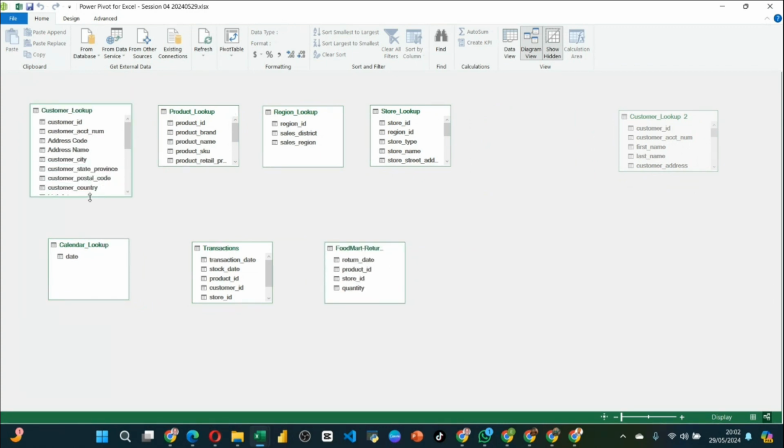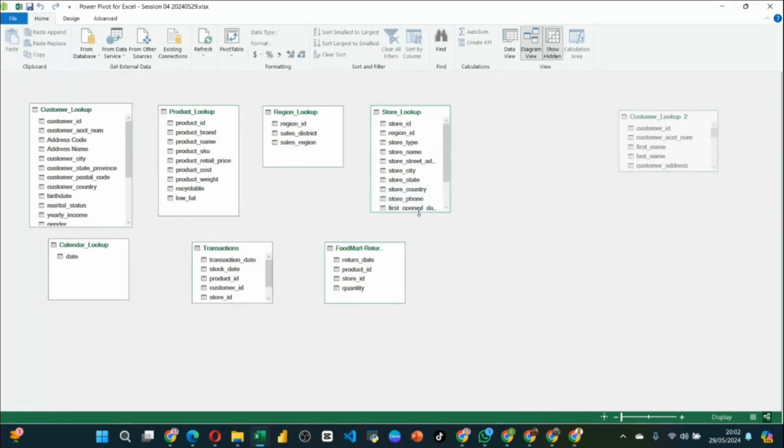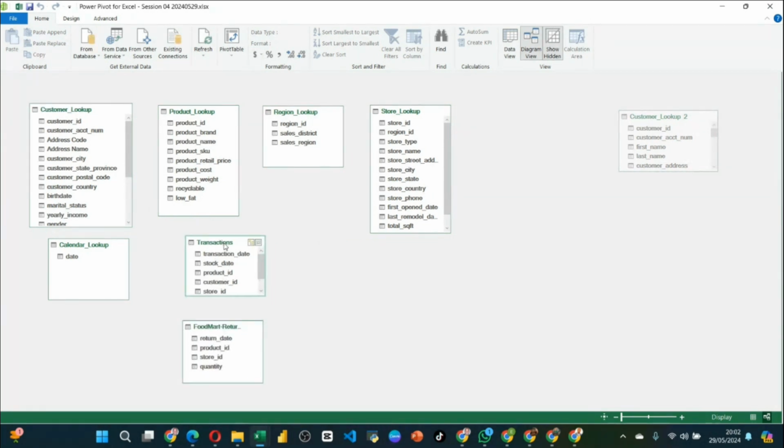Now, these are our dimension tables, which means the data they carry. This one carries data about customers. This one carries data about products. This one carries data about the region. This one carries data about the stores. Then this one carries data about the returns. What I'm saying, returns are daily. That's why here you have a date. And also here,